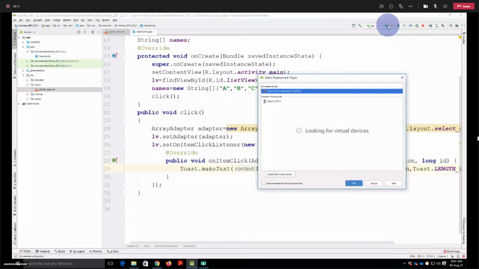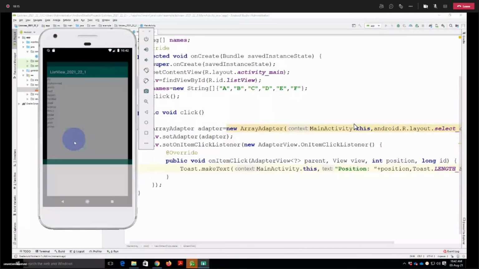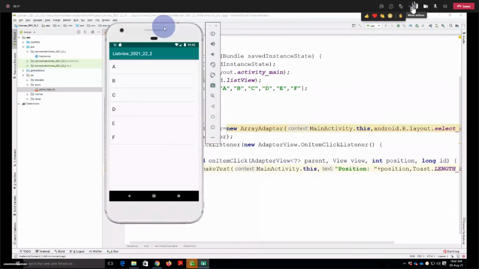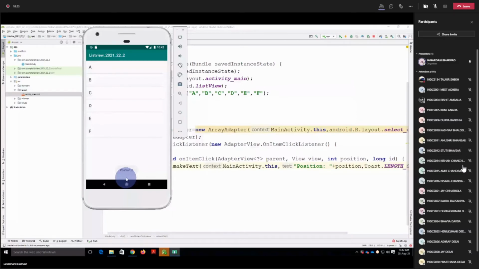Okay, so now it's running. Let's try to click here. When I click here, you can see the position is 0. Position 1, 2, 3, 4, and 5. The position I have already got.